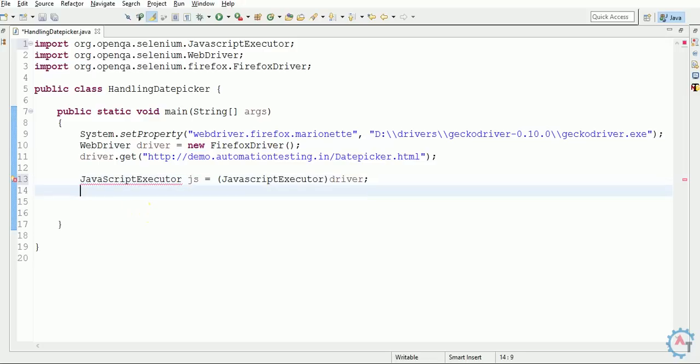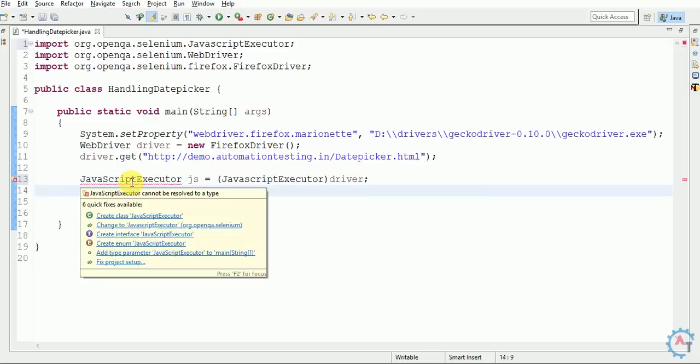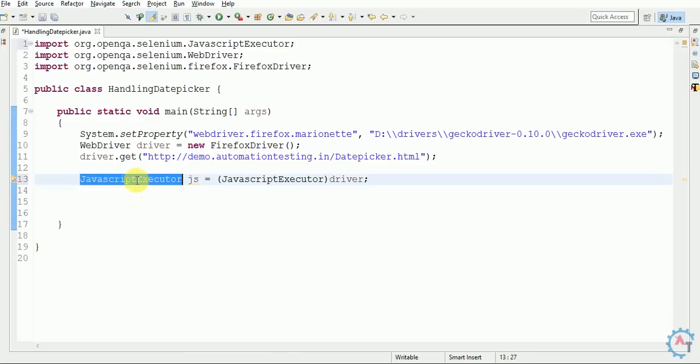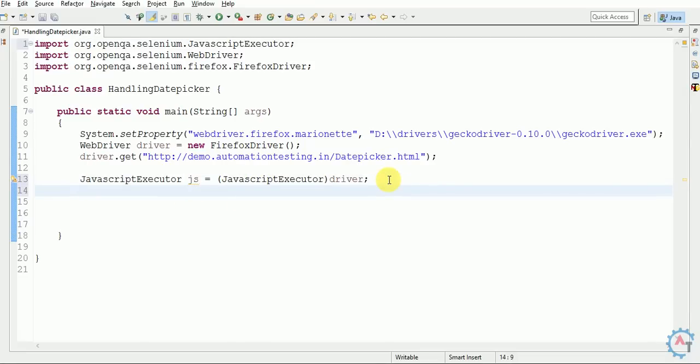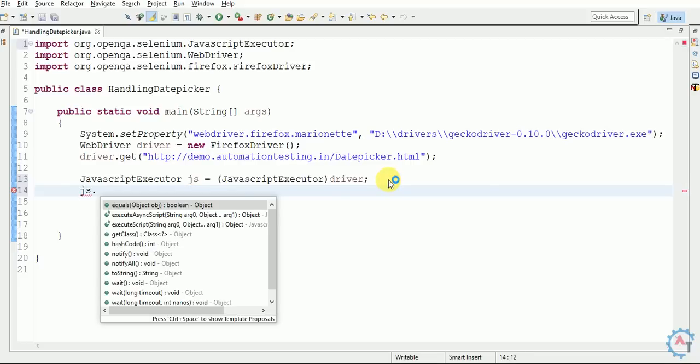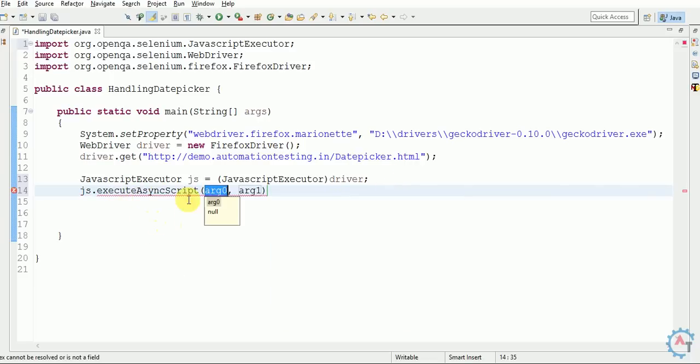The reason is we cannot create an object of JavaScript executor as it is an interface. So I'll typecast with driver. Now I have an object for JavaScript executor. So I'll say JS.execute script. JS.execute script. Now you have to say that